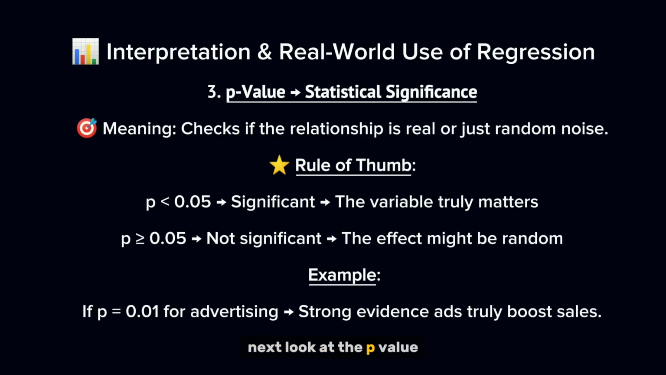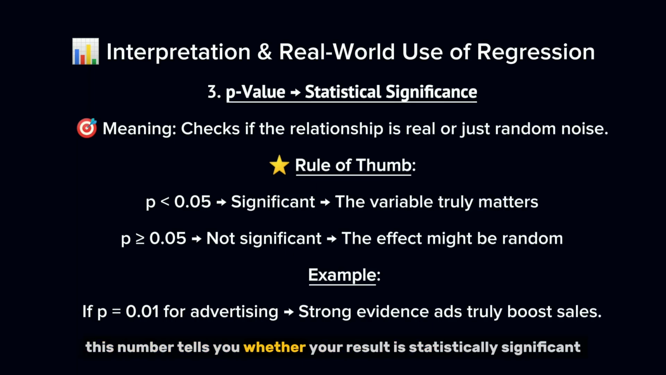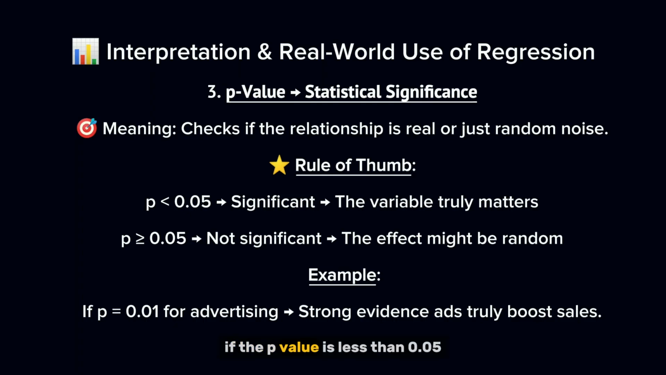Next, look at the p-value. This number tells you whether your result is statistically significant, or in plain English, whether it's likely to be real or just random noise. If the p-value is less than 0.05, that usually means there's strong evidence your variable actually matters. So, if the advertising variable has a p-value of 0.01, that's a good sign. Advertising truly has an impact on sales,